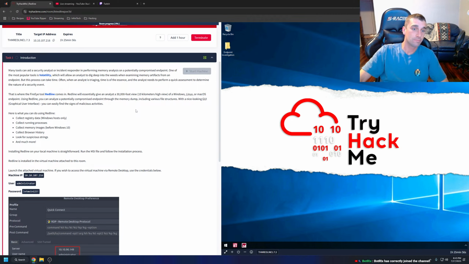Often, when an analyst is triaging, time is of the essence, and the analyst needs to perform a quick assessment to determine the nature of a security event. That is where the FireEye tool Redline comes in. Redline will essentially give an analyst a 30,000 foot view, 10 kilometers high view, of a Windows, Linux, or Mac